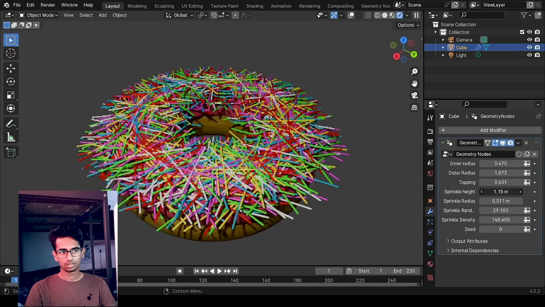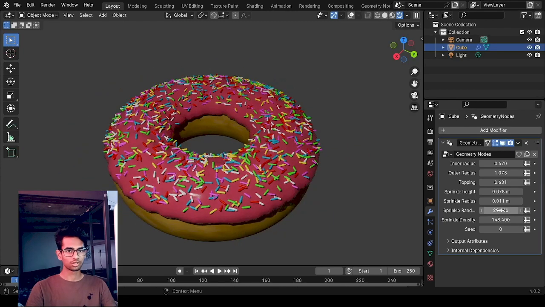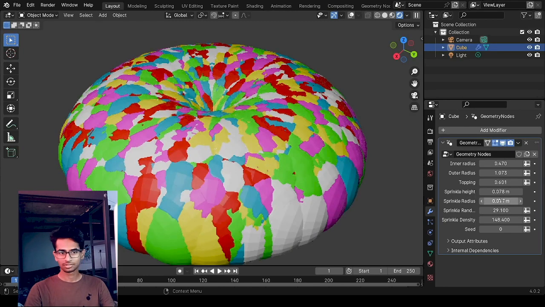And I'm also going to increase the sprinkle height. You can just go bonkers with it. Just feel free to experiment with this, and then